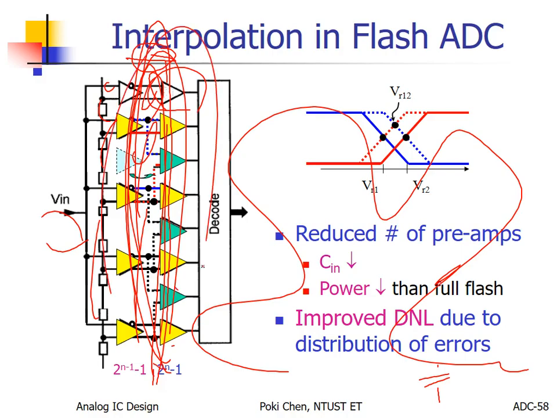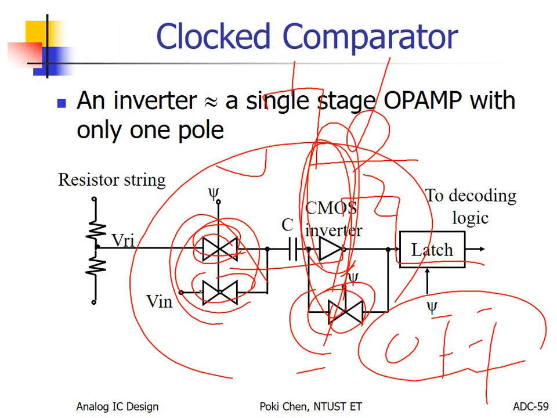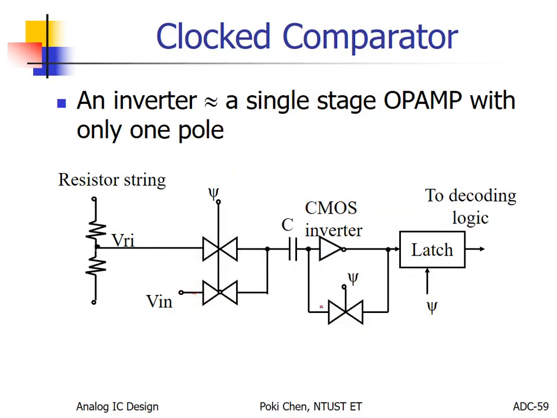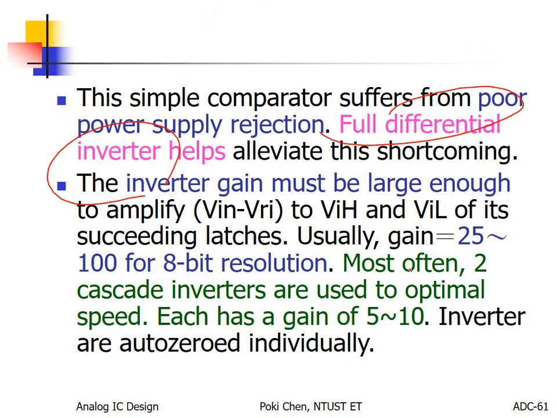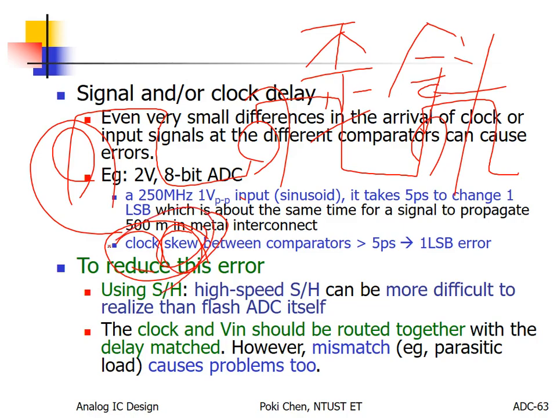Not only for the input signals, but also for the clock signal. Because for high-speed operation, we have such kind of clock comparator. You need the help of clocks, to turn it on, to turn it off. How to align all of that? No, you cannot. You have such kind of clock skew. So you will get more errors, because if somebody is not ready and you do such kind of clock comparator, you will destroy the result. You will sample,